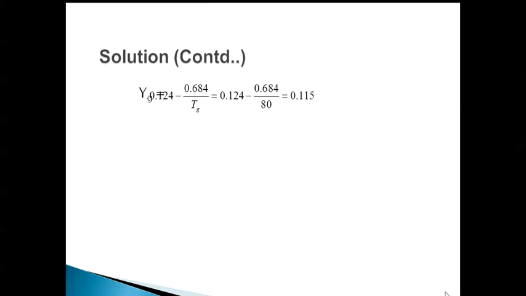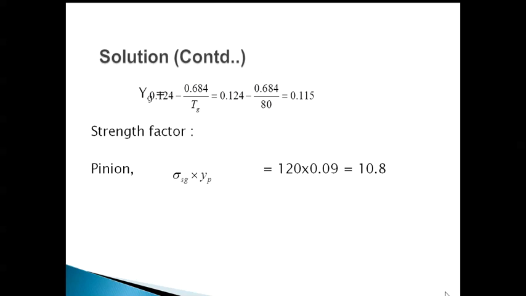For the gear, it is 0.124 minus 0.684 by Tg. We know the value of Tg, Tg is 80. So substituting the value, Yg equals 0.115. Here, the strength factor of the pinion is equal to sigma s into Yp, that is 120 into 0.09, that is